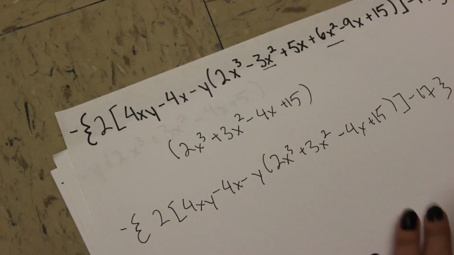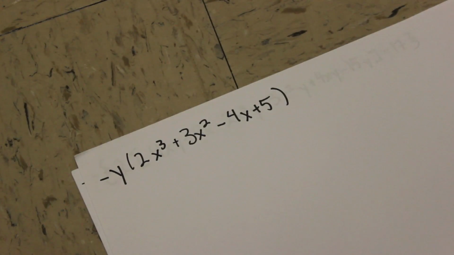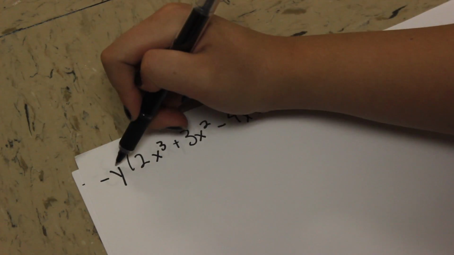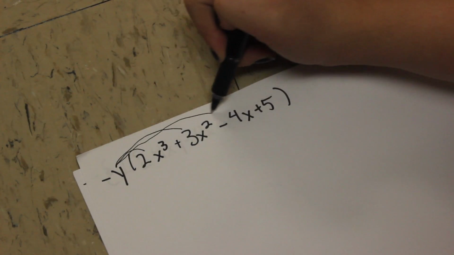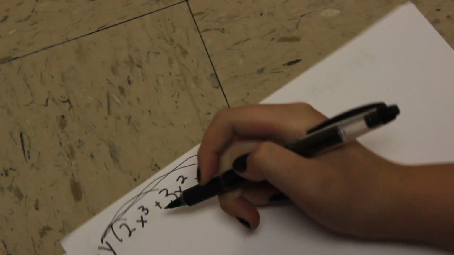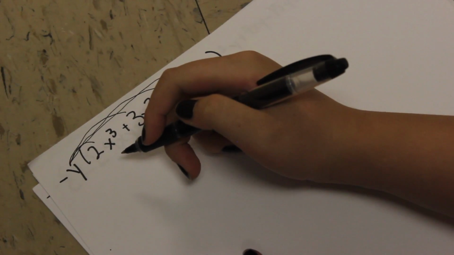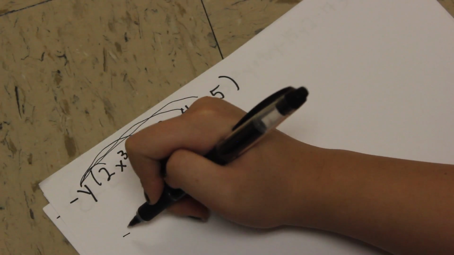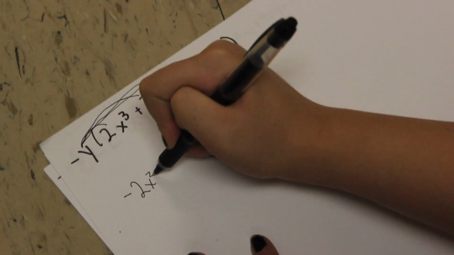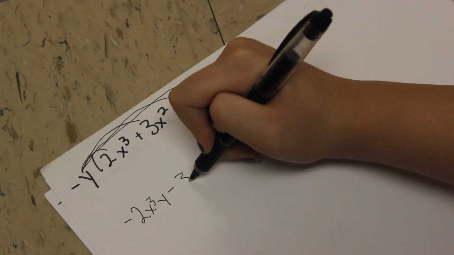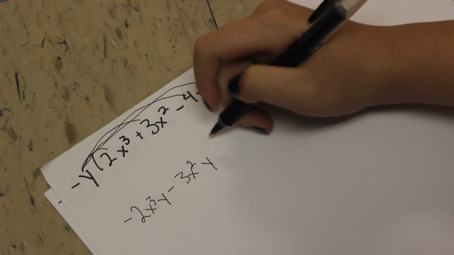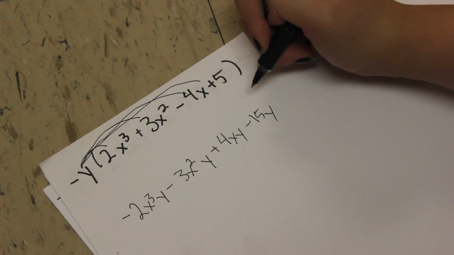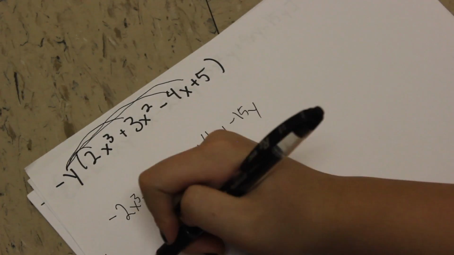Now we have to distribute one more time. We have to distribute this negative y to everything in the parentheses. And we get negative 2x cubed y minus 3x squared y plus 4xy minus 15y. And then we plug that into the equation one more time, and we get